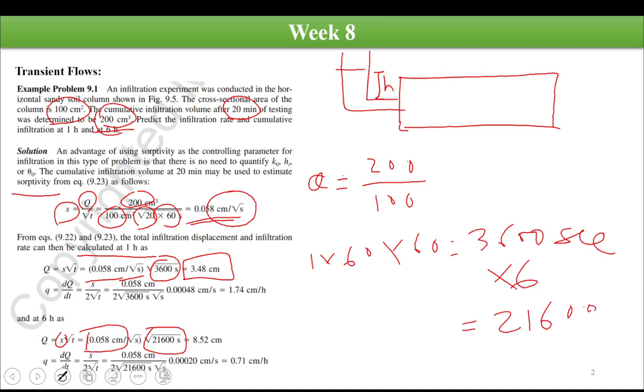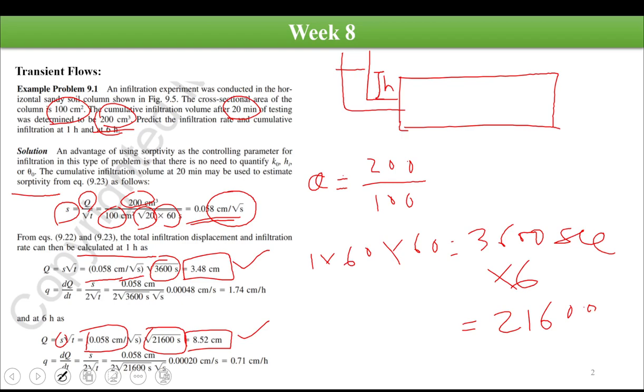Right? So we have put the value of time as 21600. So it will result if we calculate 0.058 multiplied by the square root of 21600. So it will be 8.52 centimeters, right? So these two quantities we have determined,